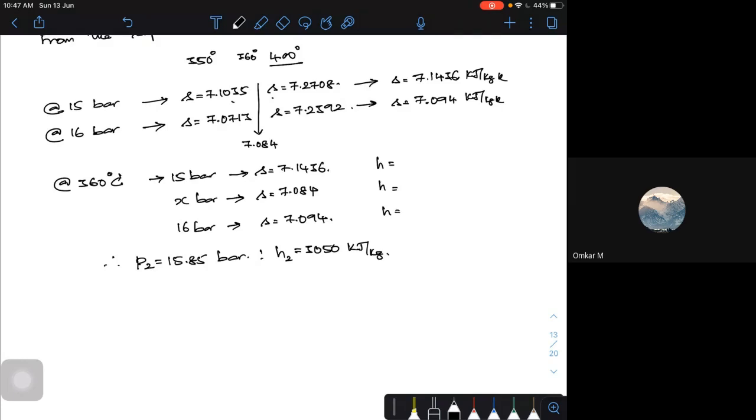Any doubts in doing the interpolation? Anyway, this class is not about teaching interpolation, but I want you to learn doing it. Do a simple straight line interpolation. I think in the previous problem I showed you how to get it. Here I am not going to do it, I want you to do it. You may get values very close to what I have got: 15.85 bar and enthalpy around 3050. That is the value you are supposed to get.